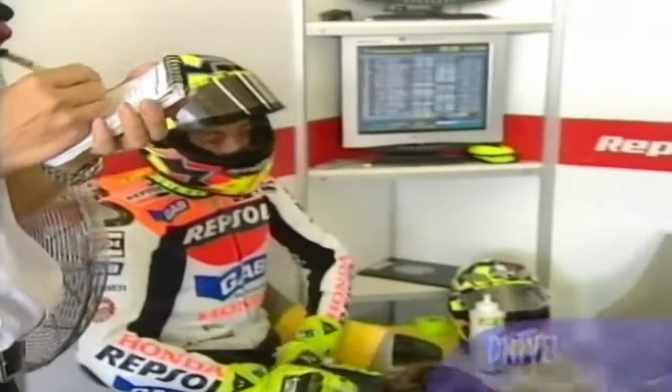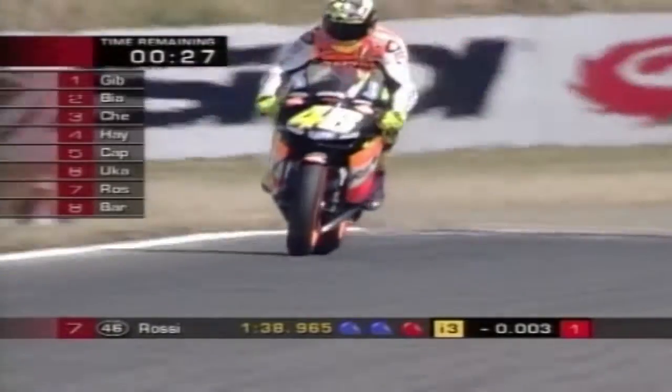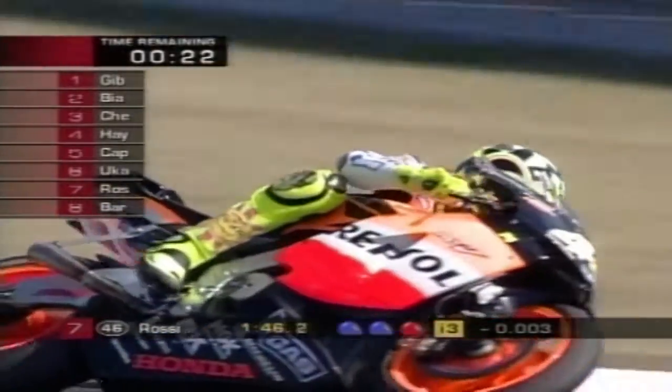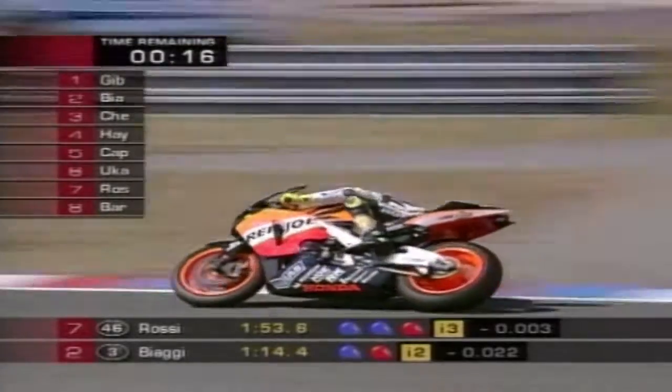After a summer break, MotoGP champion Valentino Rossi was keen to end the worst drought in his racing career. No wins in 4 races. He went out onto the circuit in qualifying, knowing he had just minutes of the session left if he was to claim top spot. Arch rival Max Biaggi was on provisional pole after Friday's session and had held it for